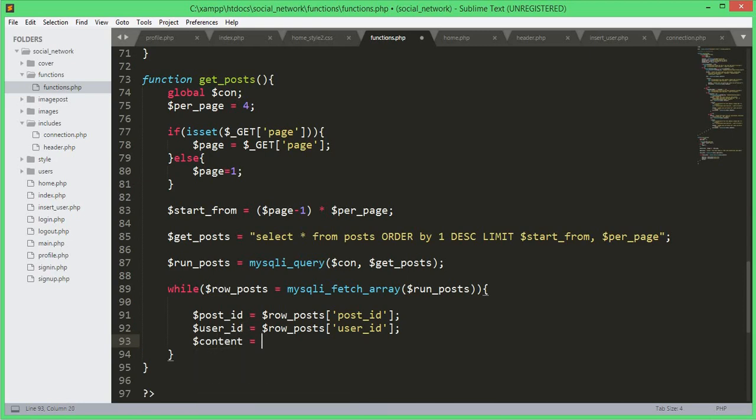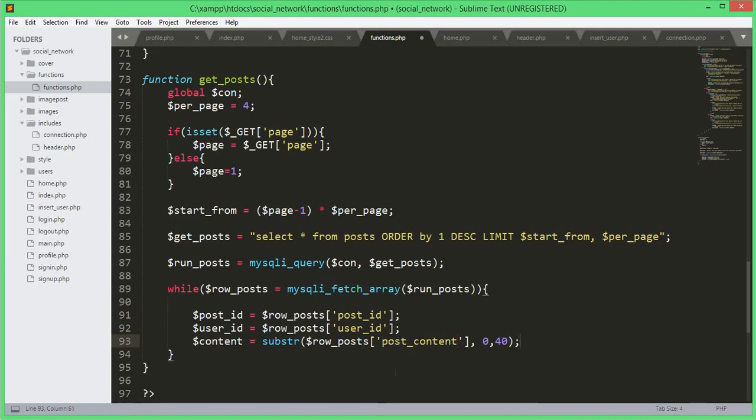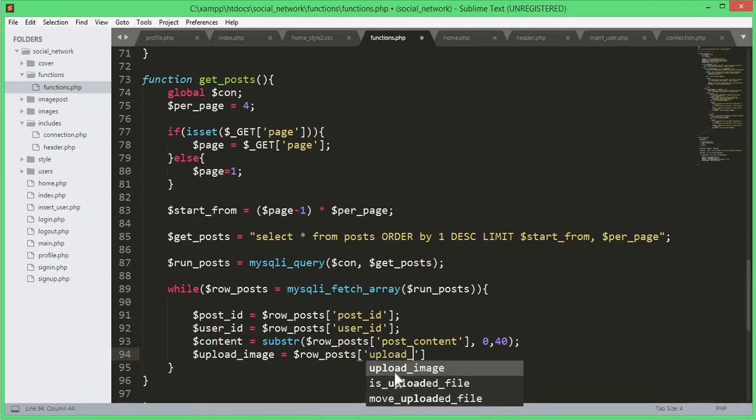and then $content will be equals to substr, and then the string will be, I think, the $row_post variable, and start will be, and then we will only show 40 words on each post. Okay, only 40 words, and so that's why we type this 40, and add one thing more, the post_content, because this will be equals to the post_content, and then $upload_image will be equals to $row_post, and then the upload_image,